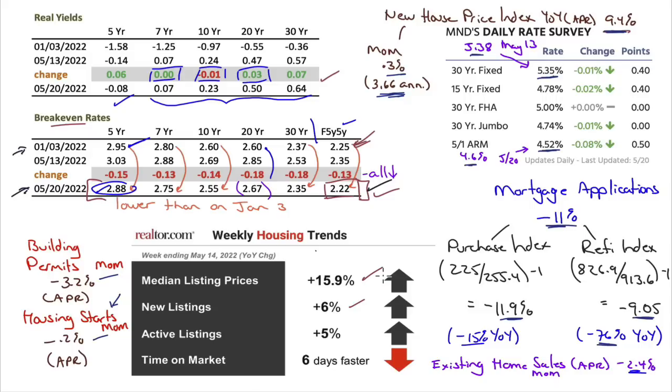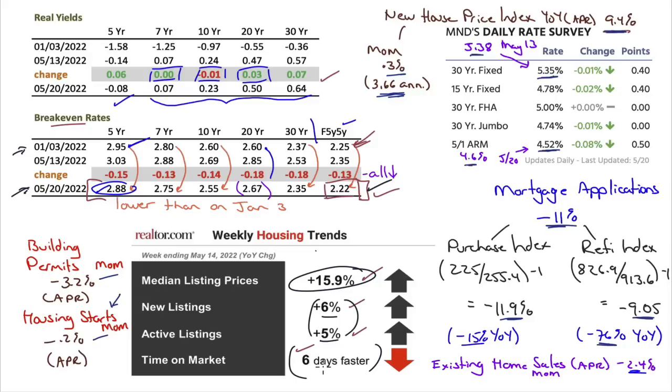They're up 0.6%, and active listings are up 5% over last year. So the number of listings available on the site are 5% higher than they were last year, which is good. However, they are selling 6 days faster than they were last year. That still indicates a tight market. Prices up 16%, even though you have listings that are up over last year. Active listings and new listings coming on, they're still selling faster.